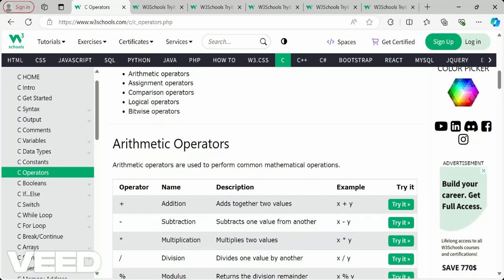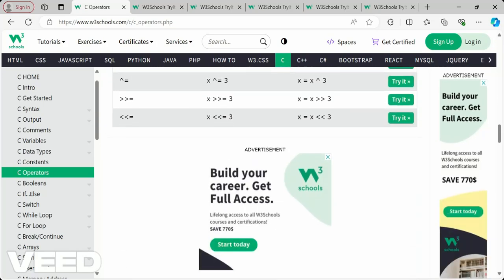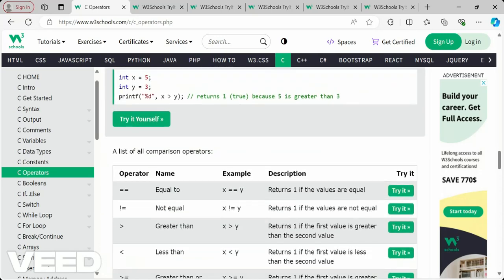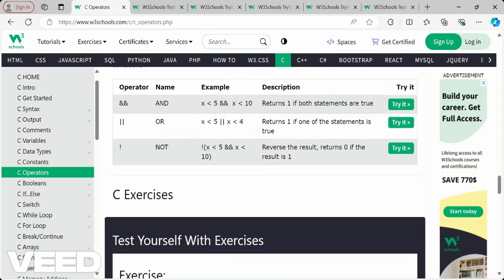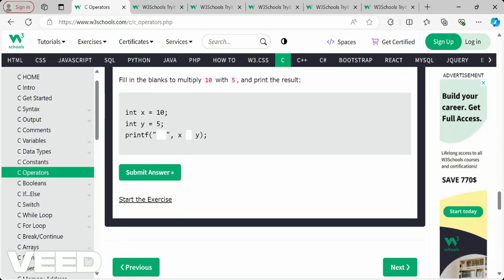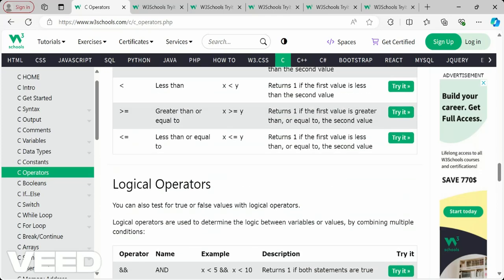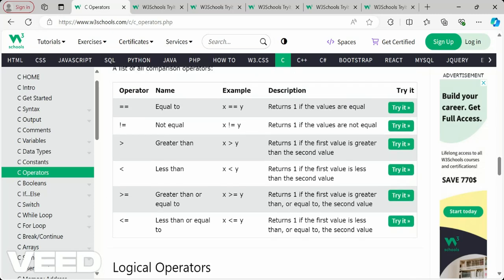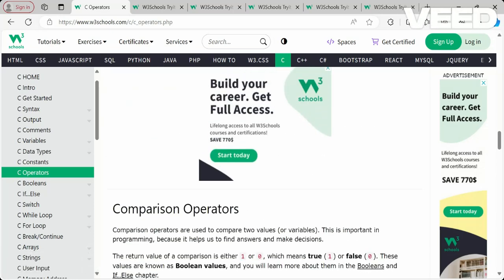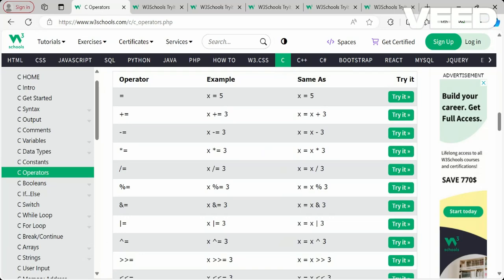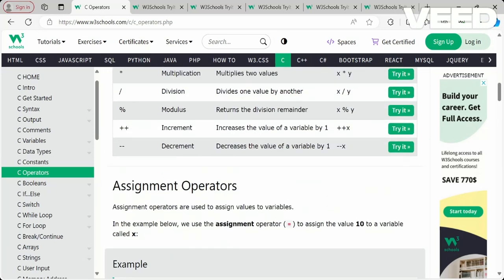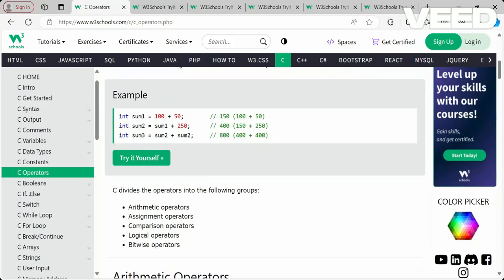Bitwise operations are another thing, where we work in bit format. If a number like 15 is there, it will be written in bit format, and the logical operations are applied to those bits the same way. We'll see the bitwise operators in the next tutorials. In the next video we'll see booleans, what true and false are, those kinds of things.